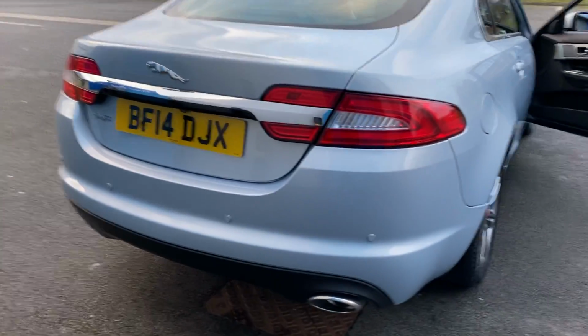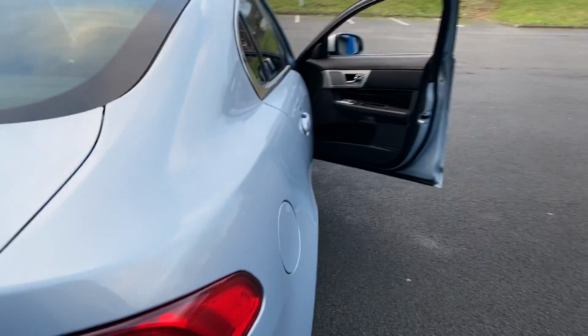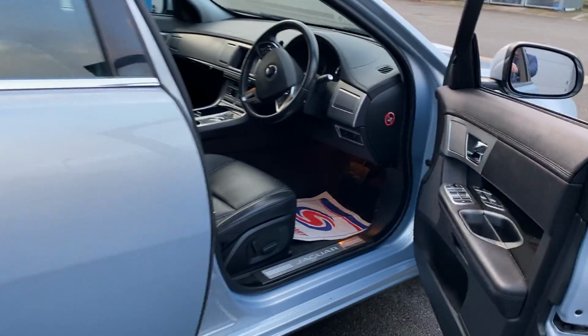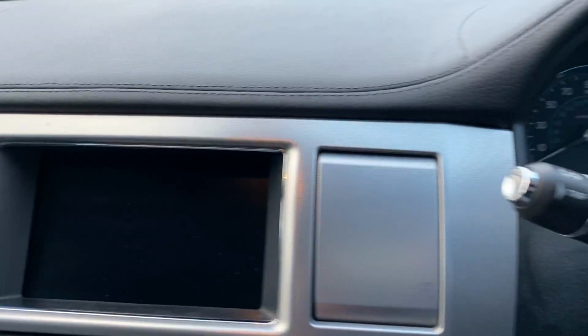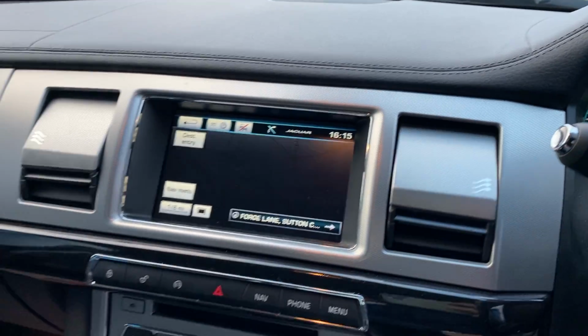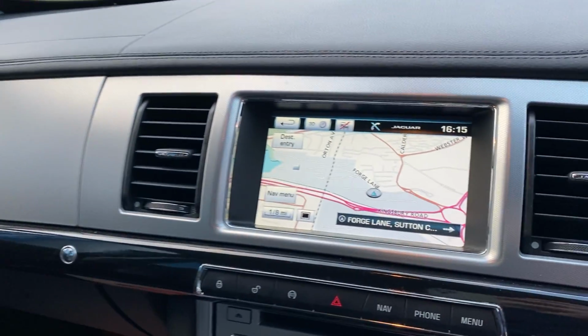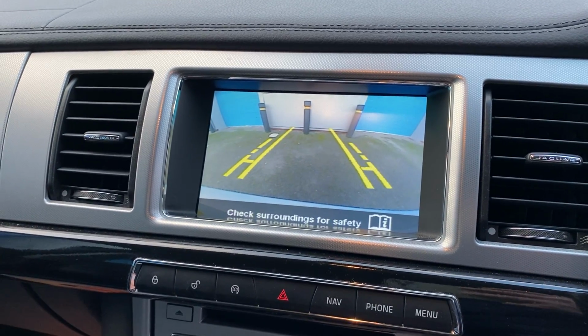See the rear park distance control sensors there and rear camera. Full leather seats. Heater dials go up and down. It's got factory satellite navigation, reverse camera with the park distance control,